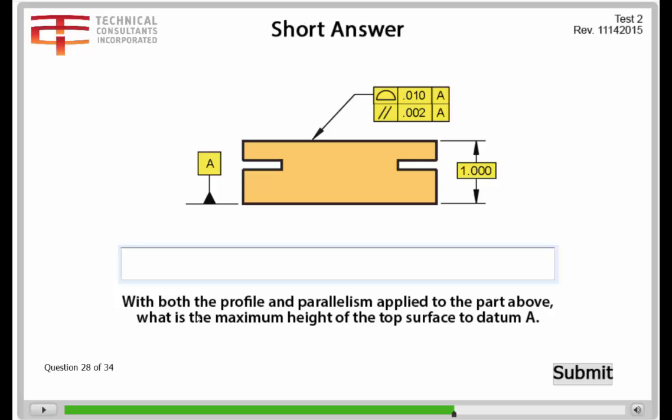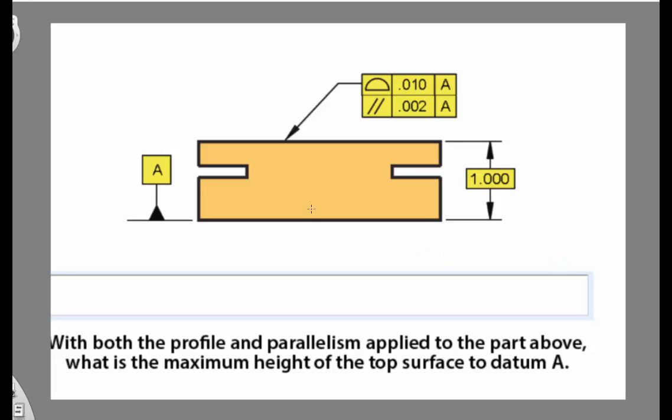With both the profile and parallelism applied to part A, what is the maximum height of the top surface? I'm going to stop this. We've got to draw on this one again. So let's take a look at this thing, and I'd like to go ahead and draw this back in. It was both profile and parallelism applied to the part above. What is the maximum height of the top surface? So if we first go ahead and draw in,